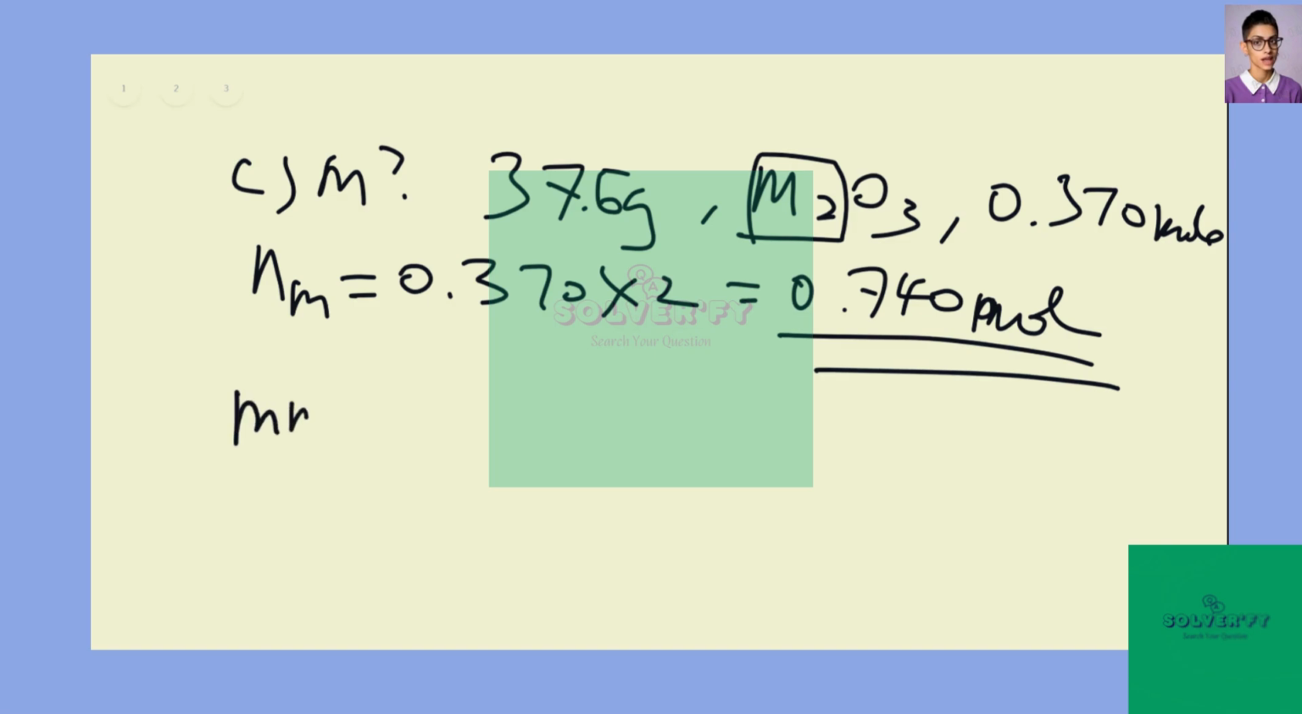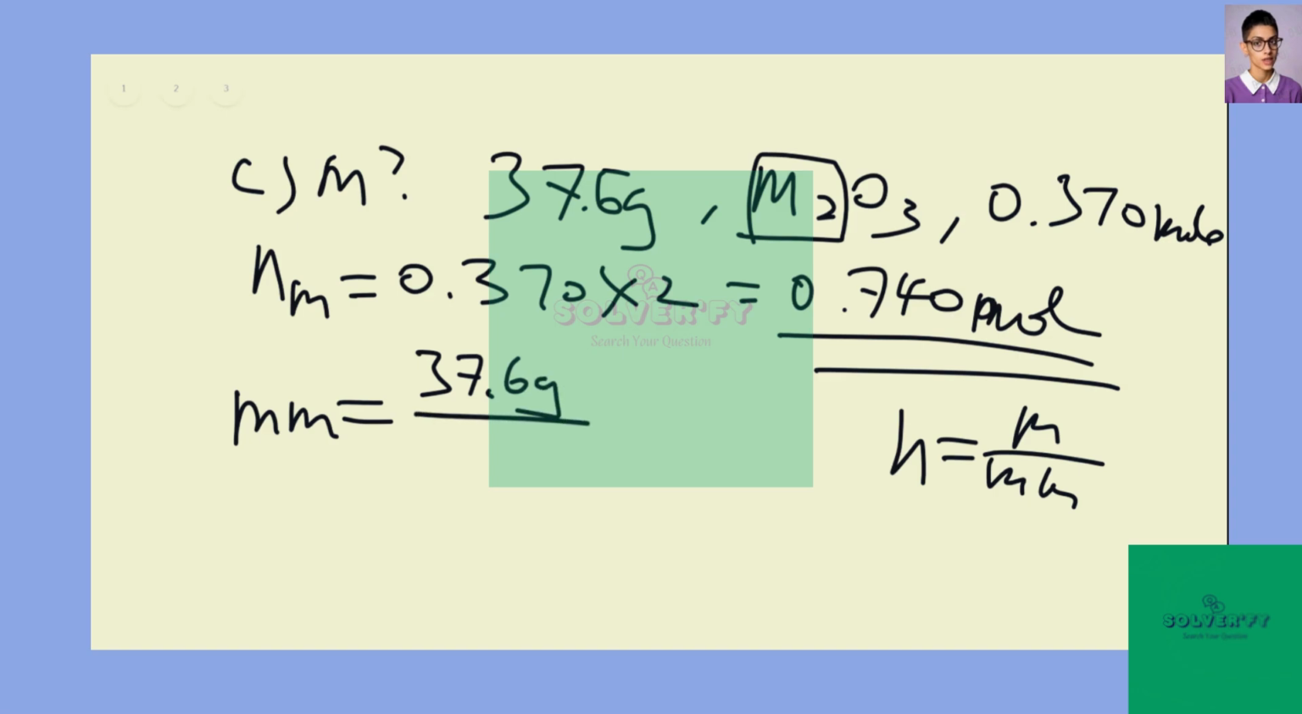Now we have to find the molar mass. We know number of moles equals mass over molar mass. If we rearrange that, molar mass equals mass over number of moles. The mass given is 37.6 gram, and the number of moles is 0.740 mole. Plugging in the calculator, it's roughly 50.8